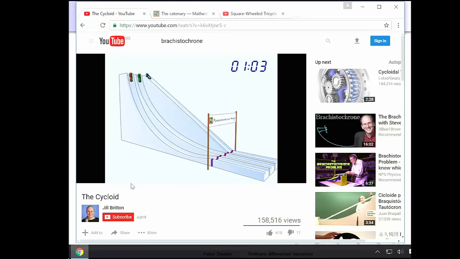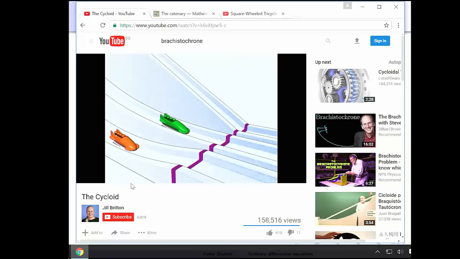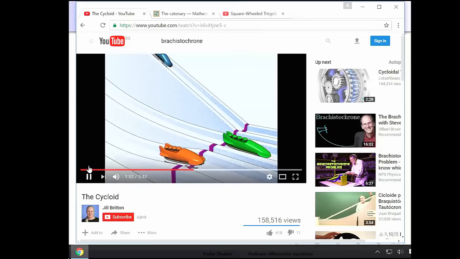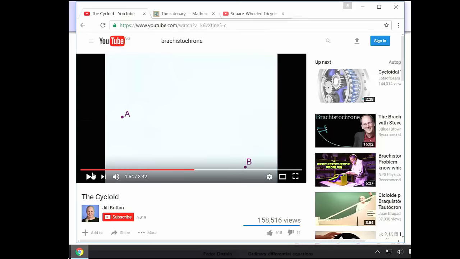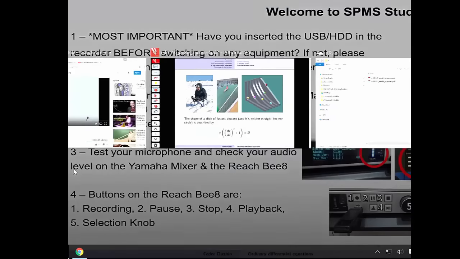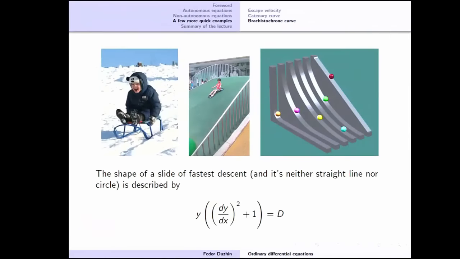So if you try to model it, so notice that they go like this, and the one that came first is in the middle, right? So the brachistochrone problem is the problem to find the shape of a slide that is going to give the fastest possible time of descent. Assuming perfect sliding, so without any tension,